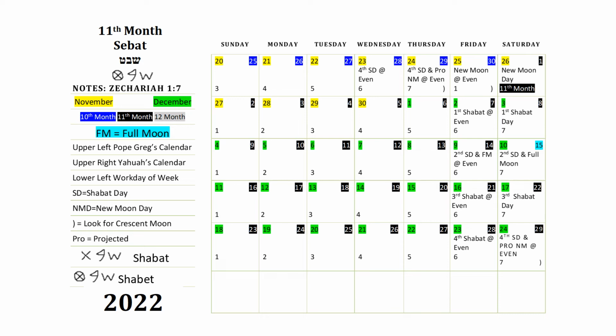Okay, you see how it changed? We thought it would come on Friday this month at first, but the moon came out on Friday evening. So we have to spot the moon and double check behind ourselves that we are right. So I just want to clear that up. It's not going to be on every Saturday, so don't follow those people. You follow what you see in the sky.